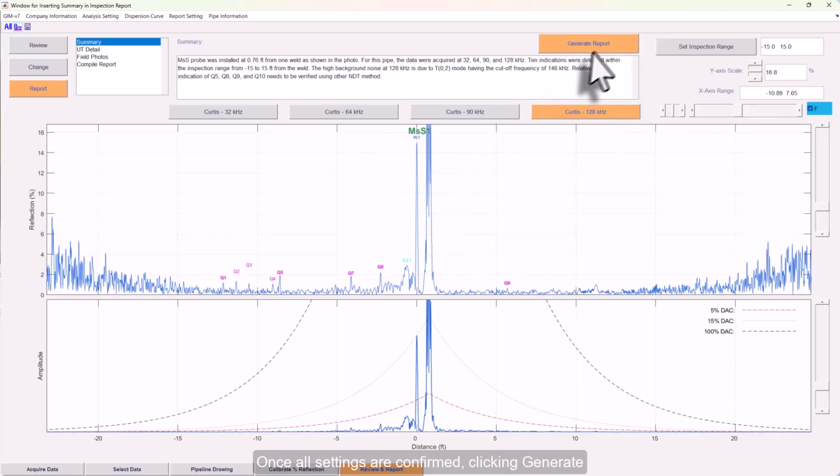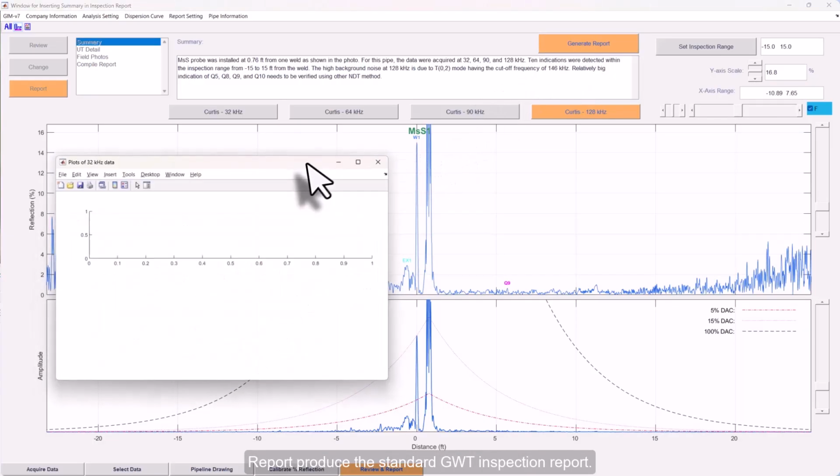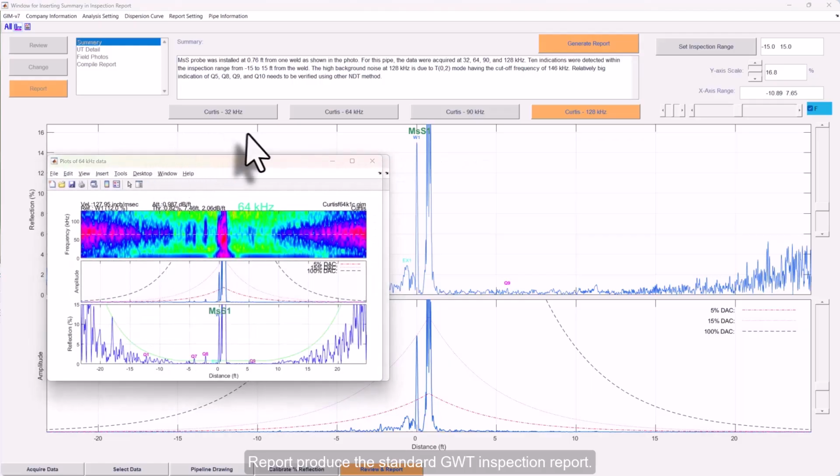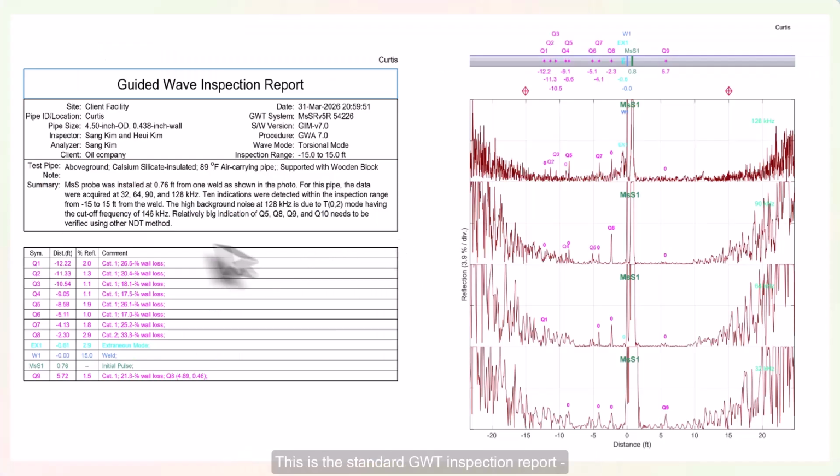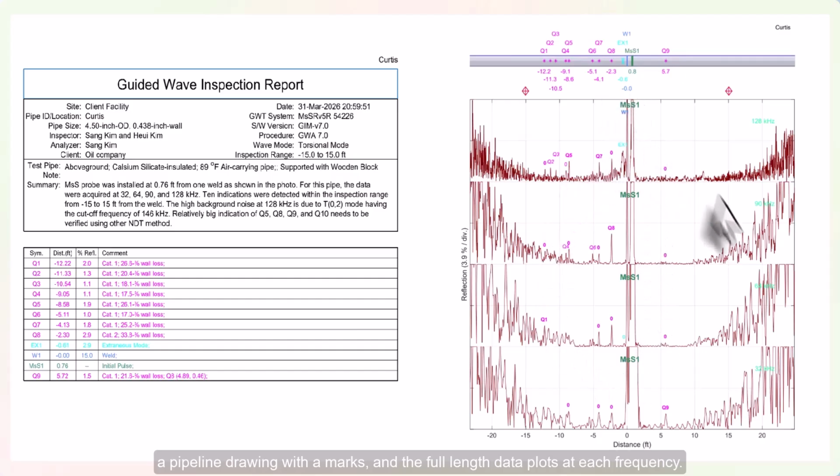Once all settings are confirmed, clicking Generate Report produces the standard GWT inspection report. This is the standard GWT inspection report, the output that GIM has always produced. It contains basic pipeline information, a written summary, an indication table, a pipeline drawing with marks, and full-length data plots